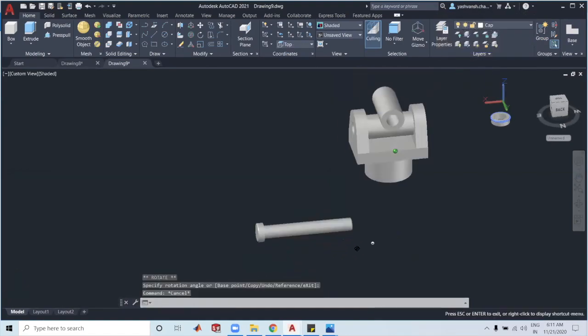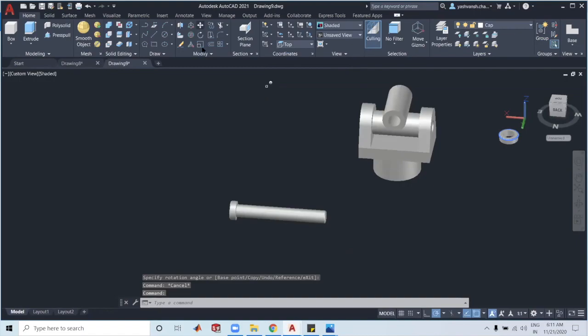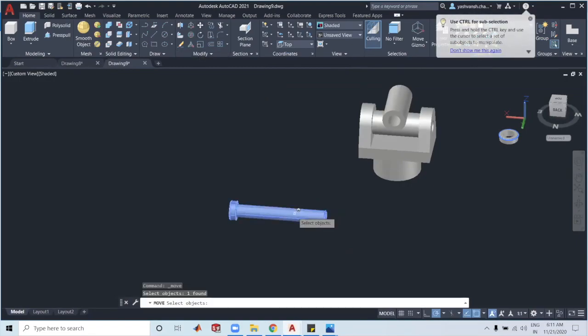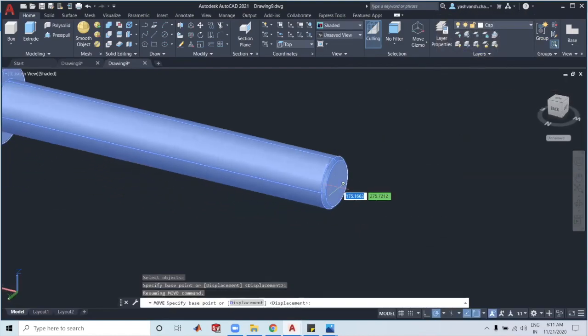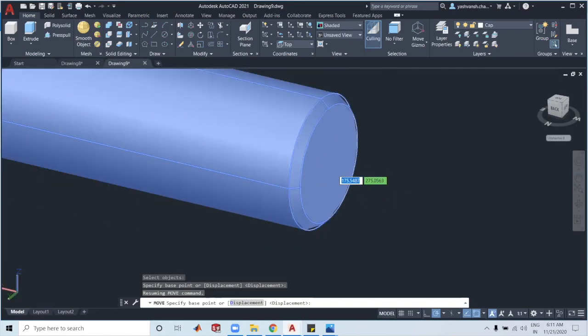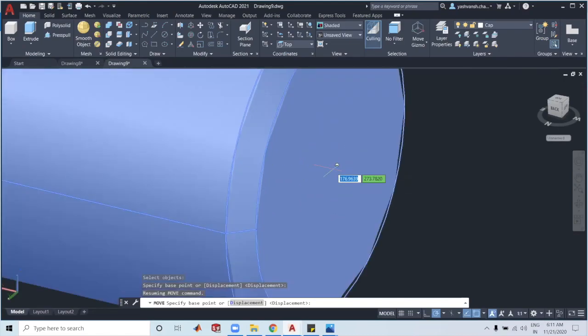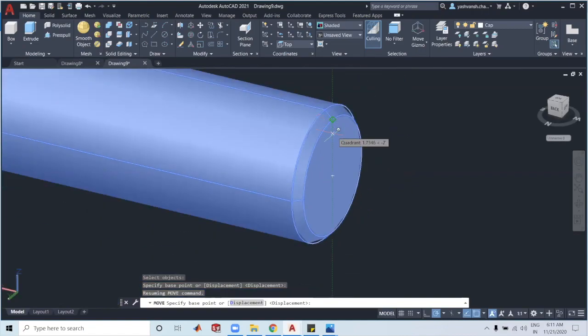What I do is I need to move this. I simply select the move command in the modify panel, select the part, press enter, locate the center point of this. Make sure, as you can see, there are these 2 points which are being shown over here. Make sure to select the centermost point of this. So if you're confused, if you cannot locate the center point over here, simply go all the way to the top and just come down, and there'll be this green line using the polar tracking command, which can guide you to actually locate the center of this. Select it